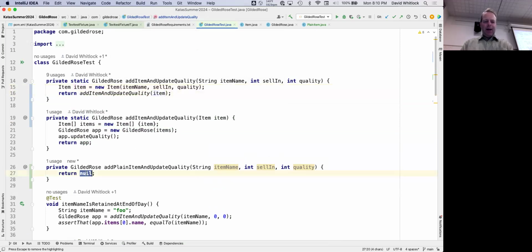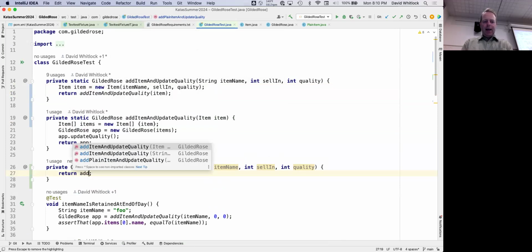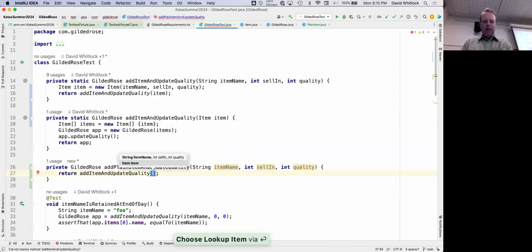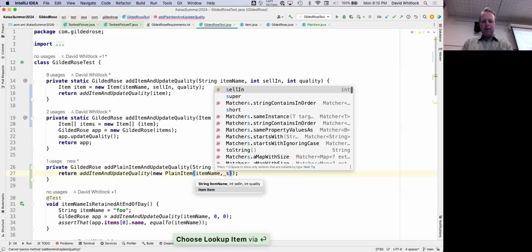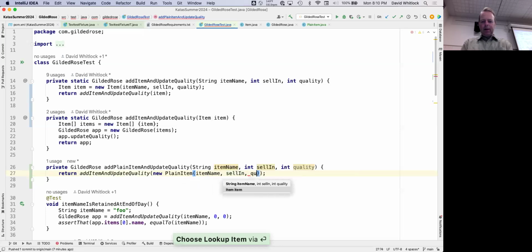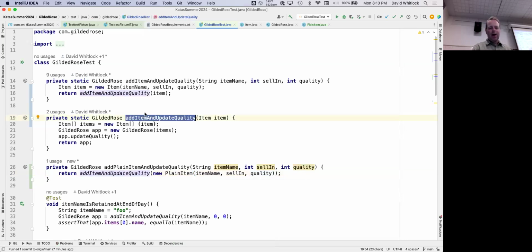And now I'm going to have this guy return add item and update quality of a new plain item with the item name, with the sell-in, and the quality. So you see how I'm using refactoring here, where I know I don't want to duplicate this code again, although I suppose I could have and then refactored it.